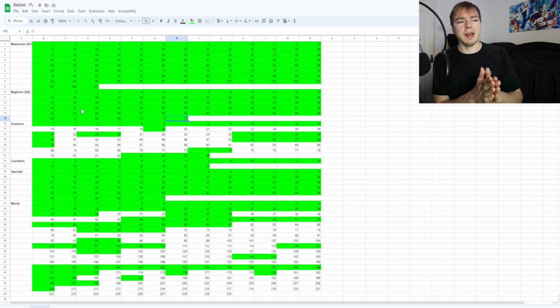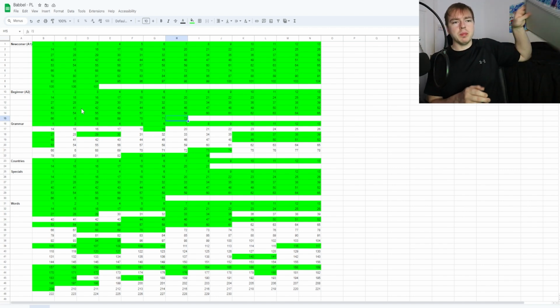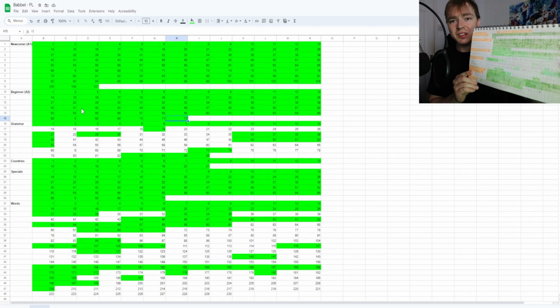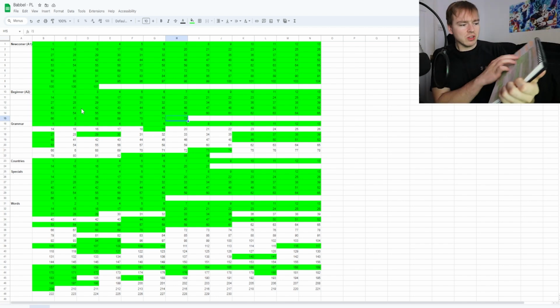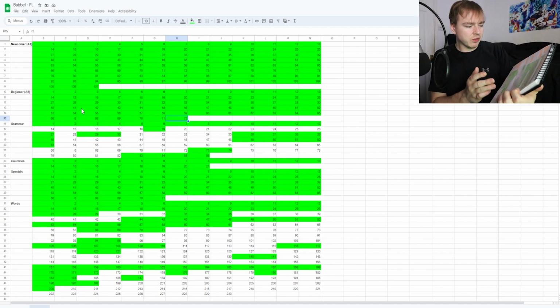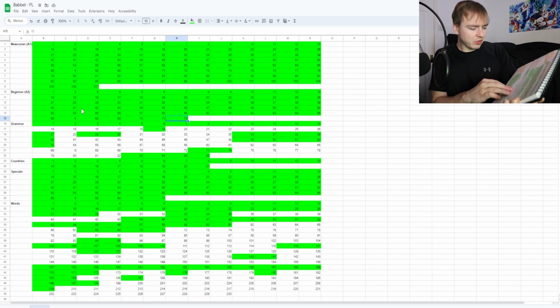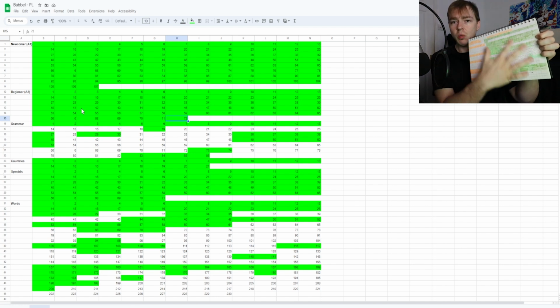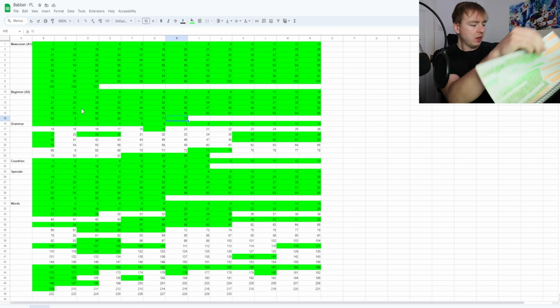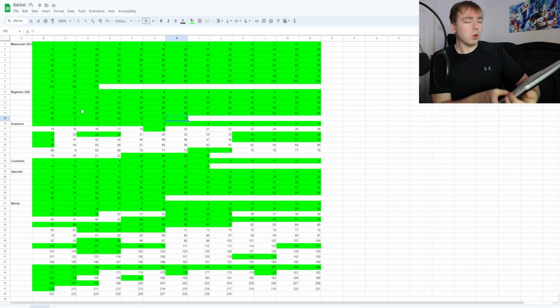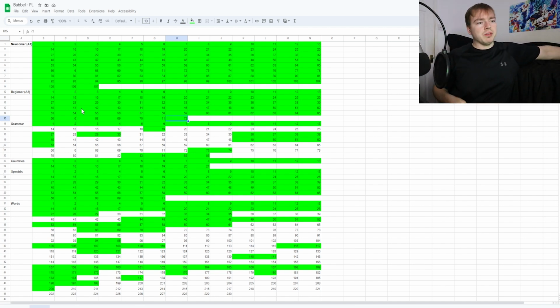I just wanted to do that and have it visualized for me. Like I say, I had it down on paper, and because there were updates and new courses being added, it was making it more difficult for me to add onto this piece of paper, because I really tried to get it to fit on one page and not have to go over to another page and whatnot. And so instead I've done this on the computer just for ease, and so I've got it digitally so that I don't have as much on paper. Even though I enjoy writing, it's a lot easier to do it on computer.